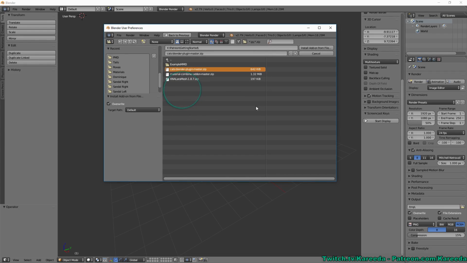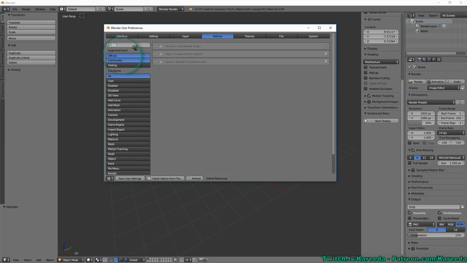So now I'm going to click on XNALara Blender Plugin. I would normally hit Install Add-on at this point, but I already have it installed. So now I'm just going to hit cancel so I can go back. And once you install it, you'll notice up comes a grayed out option for XNALara Plugin. You'll want to check that,